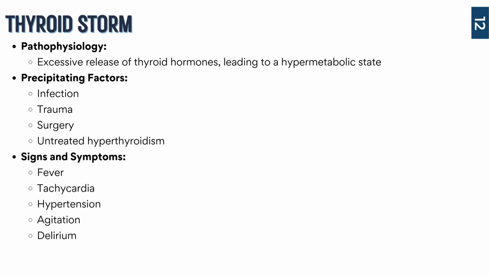So now we're going to talk about the opposite of that, thyroid storm. And this can be scary in some patients. Thyroid storm is a life-threatening condition resulting from a sudden, massive release of thyroid hormone in the body, typically due to untreated or poorly managed hyperthyroidism. This excessive release of T3 and T4 hormones causes the body to enter a hypermetabolic state where metabolic processes accelerate uncontrollably. Severe precipitating factors can trigger a thyroid storm. These include infection, trauma, surgery, and severe emotional distress.